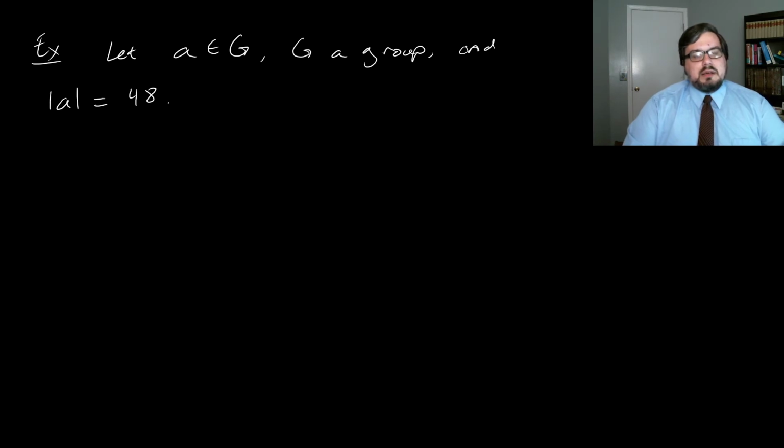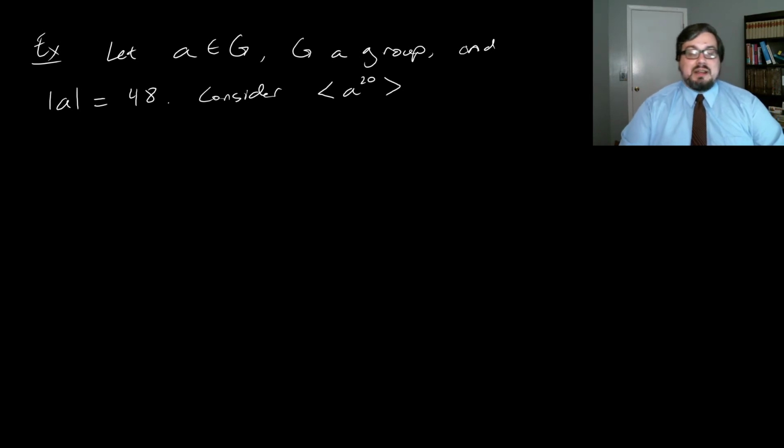Now, we want to look at the cyclic subgroup generated by a to the 20th. By Theorem 42,